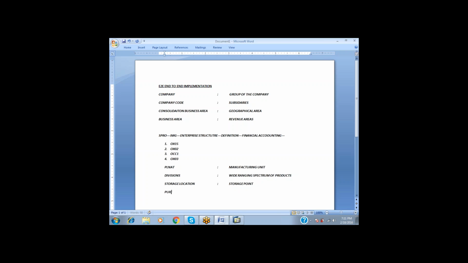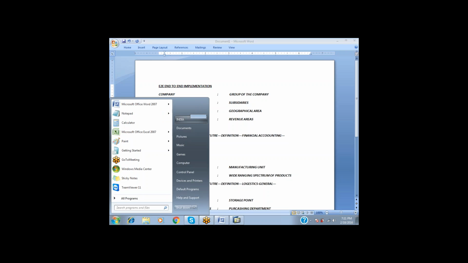And the fourth one is the purchasing organization, nothing but the departments of purchasing. One is the raw material purchasing organization, one is the packing material purchasing organization, one is the chemicals purchasing organization. You can call these purchasing departments. For creation of these four, first of all, these two will be separate. Instead of financial accounting, they come under the logistics unit. Under that, the first one is the plant.